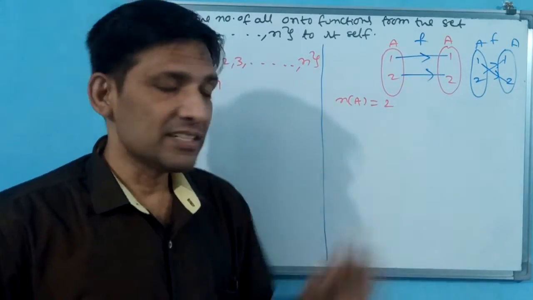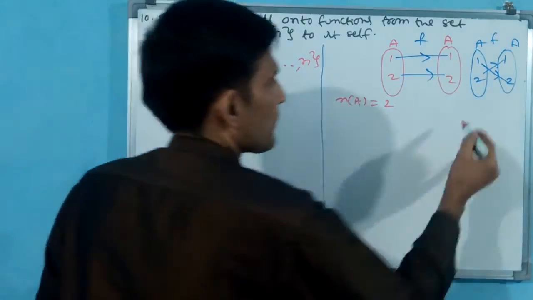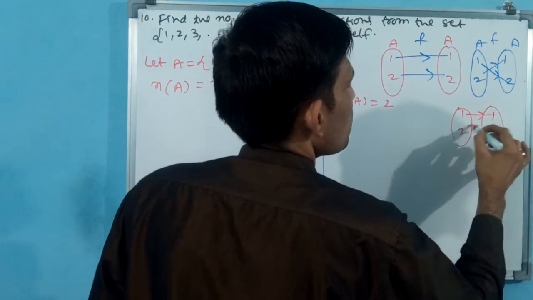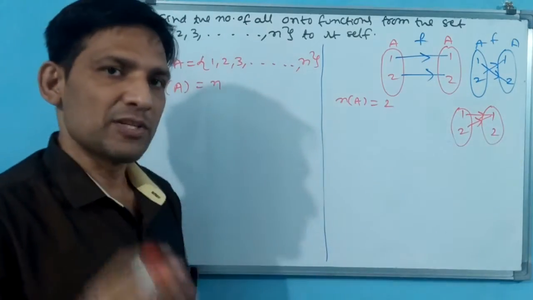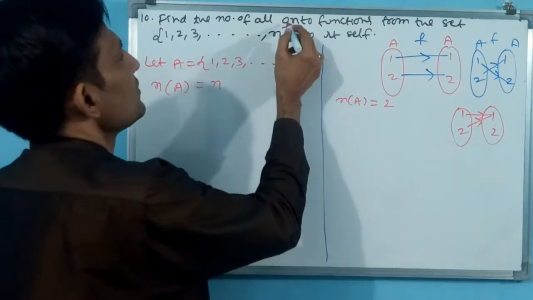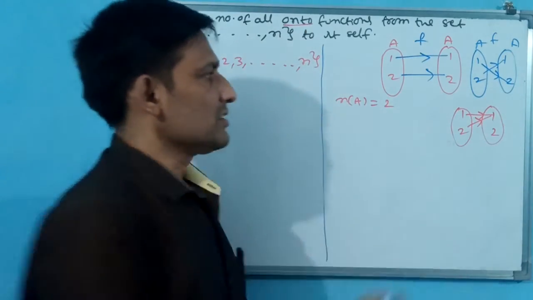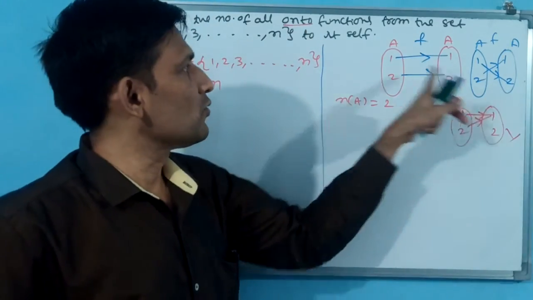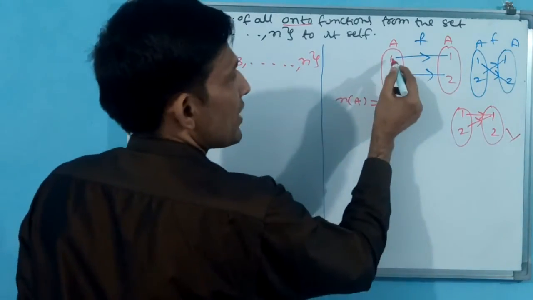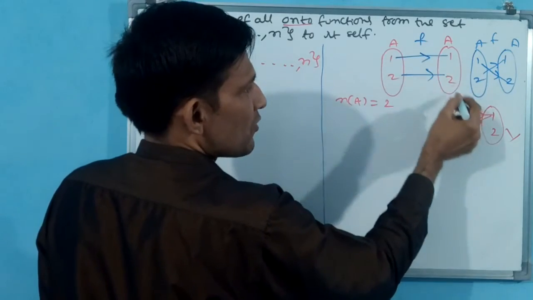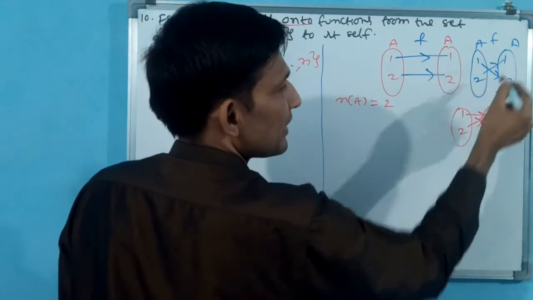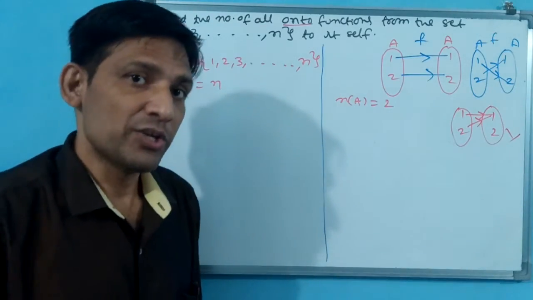But is it onto? 1 to 1 or 2 to 1, this is also a function, that possibility is there, but is it onto? Because he is asking onto here, you see. This is not onto. That means for becoming onto, with the same elements, it should be one function. One should have a connection with one or two. Here one with one, two with two, but here one with two, two with one. But only one is possible.